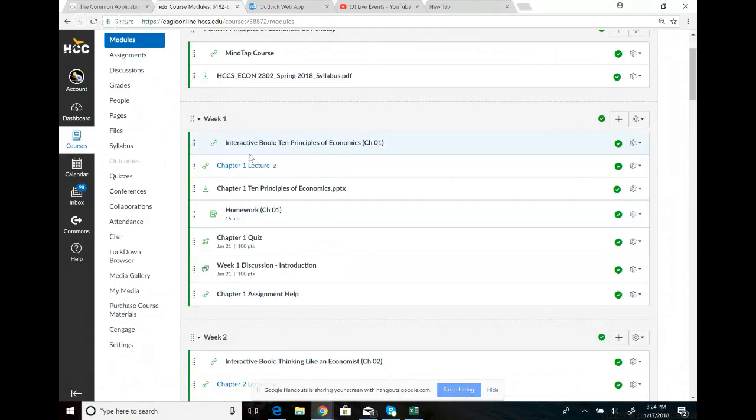Now, the first item here is your interactive textbook. For our class, you need to purchase your textbook. It's cheaper if you buy from the school bookstore. If you go to the Central Campus or the Southwest Campus bookstore and buy the book there, it's cheaper and more reliable. The reason is that the book we use for the class comes in different versions. If you buy it online, it might be a different version, and then the access code might be different. So just to be safe and also save money, make sure you buy your textbook from the bookstore, or you can buy the book directly from